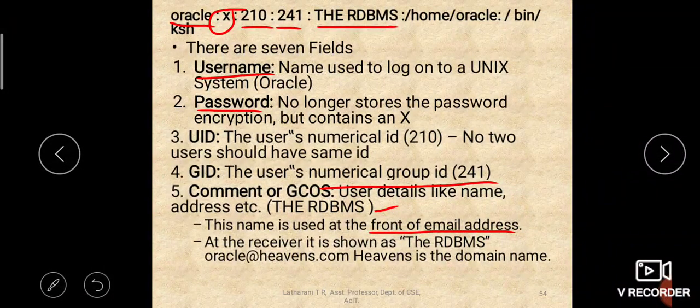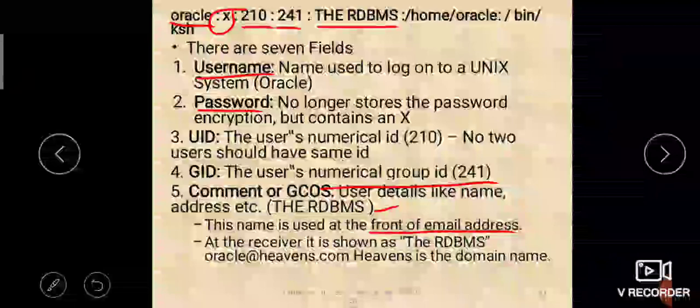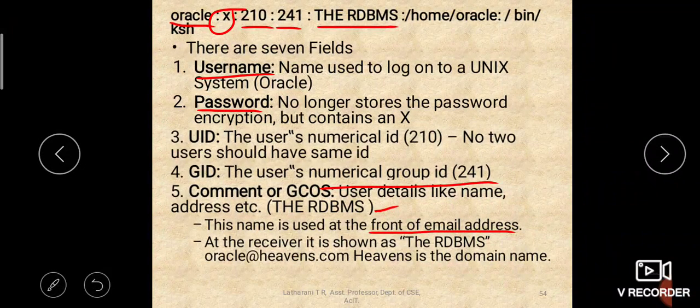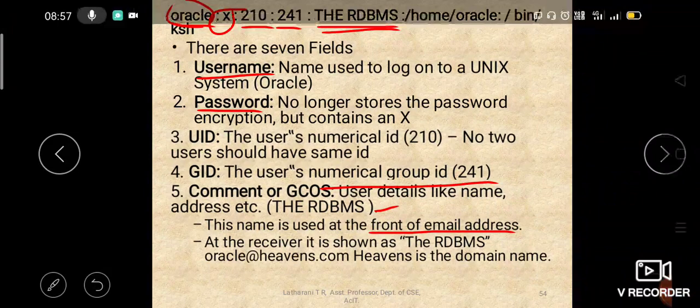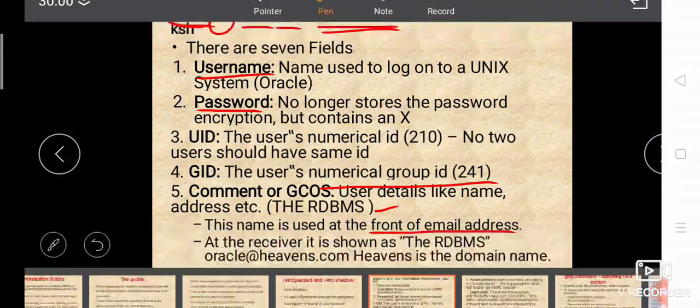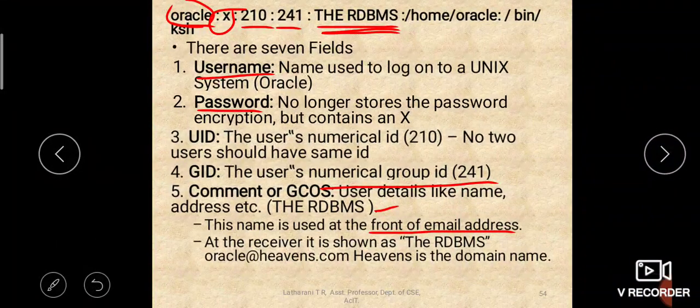And beside that the subject will be there. If you click on the subject, the mail will open, right? That name which appears beside the subject of the mail will be this name. Whenever a mail from the oracle user comes, the name RDBMS will be appearing.